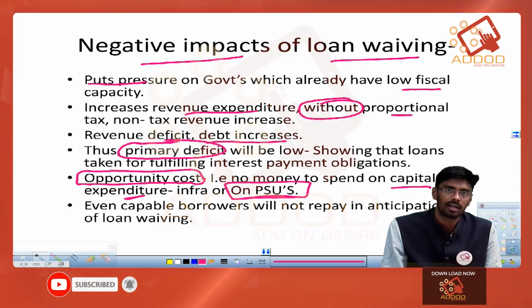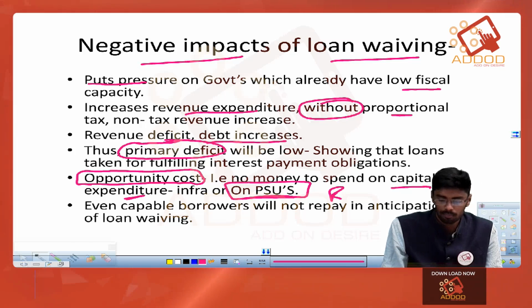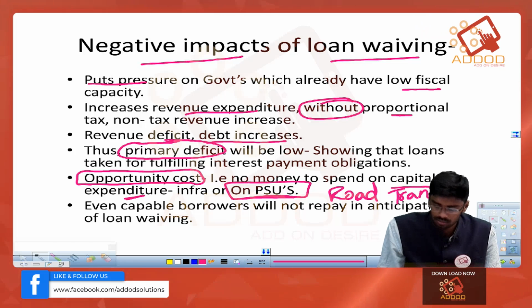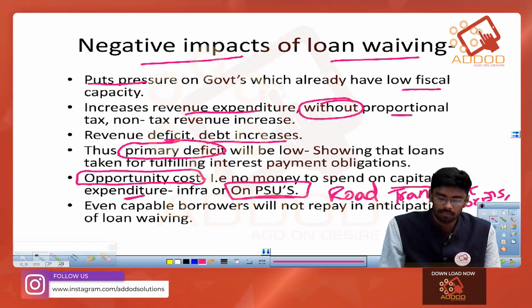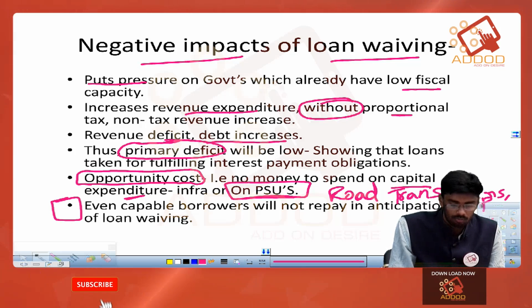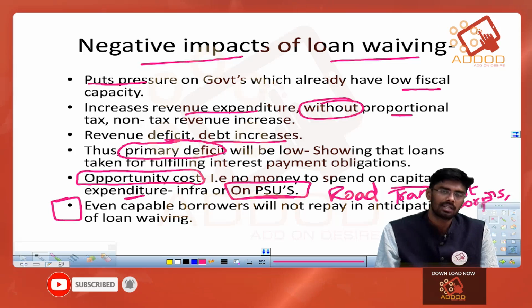This is important in the context of COVID-19 because last year there were many PSUs which suffered hugely, like road transport corporations of the state governments and other departments. They have been incurring huge losses in the last 1 to 2 years due to the COVID pandemic. And one important aspect is whenever there is an anticipation that the government